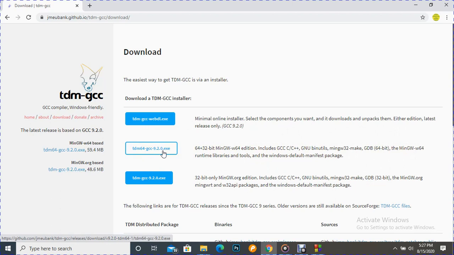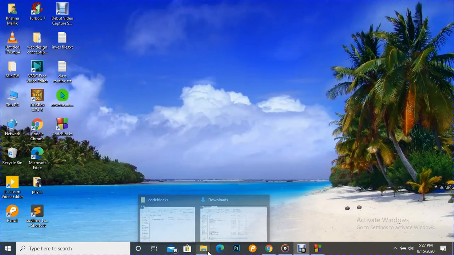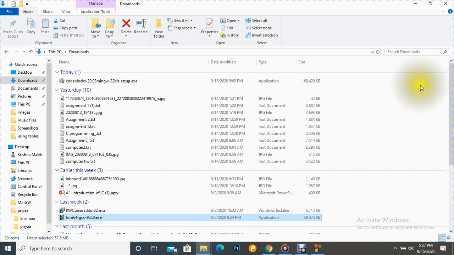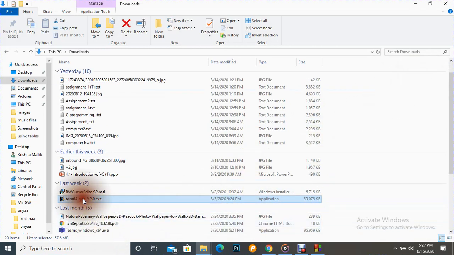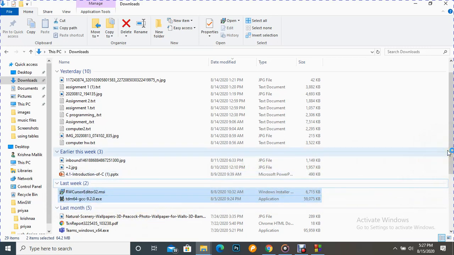And here I've already downloaded it, so I'm going to the downloads folder, and under downloads we can see it is already downloaded, TDM64 GCC. You can also do the MinGW compiler, and you can also go for that.